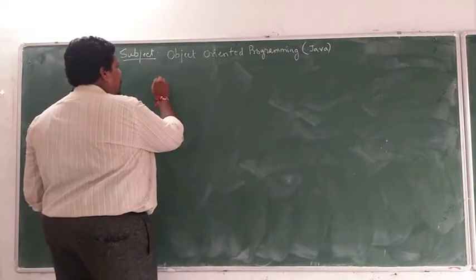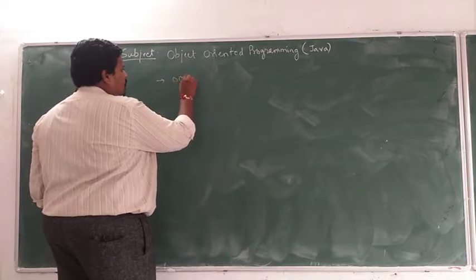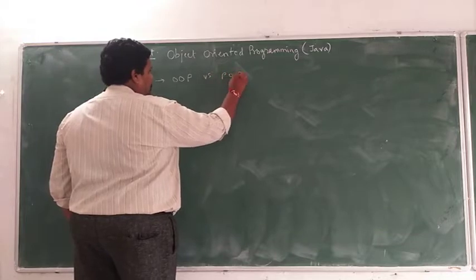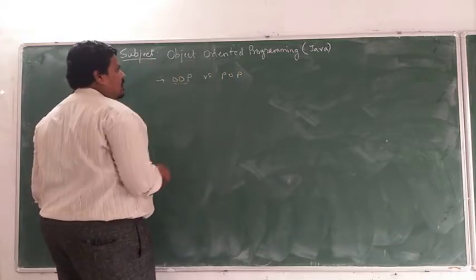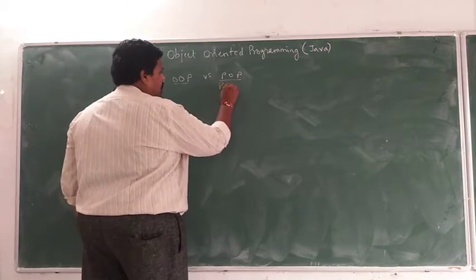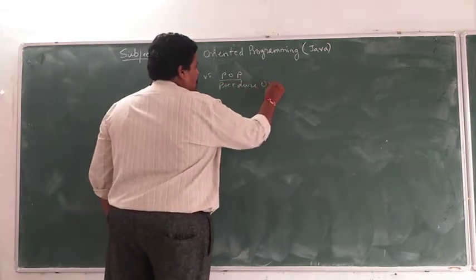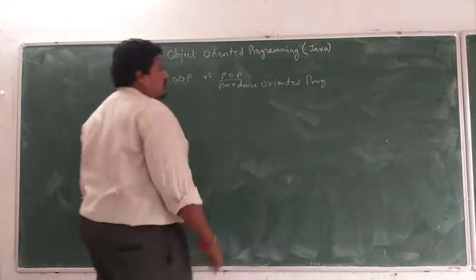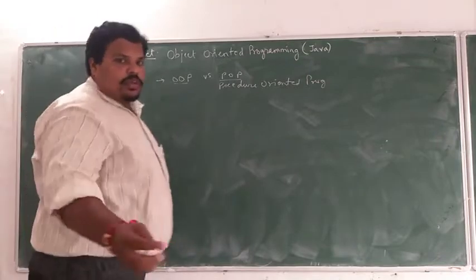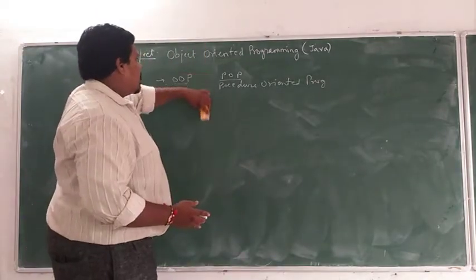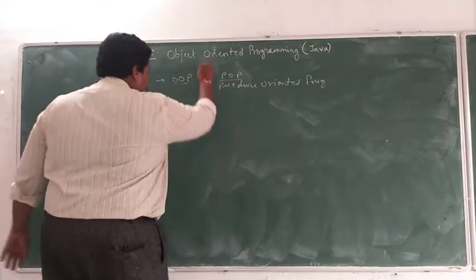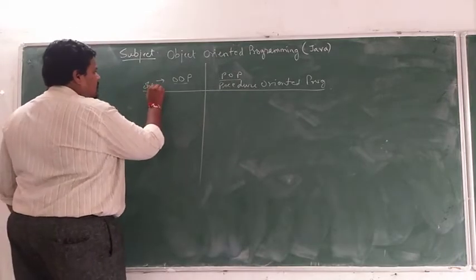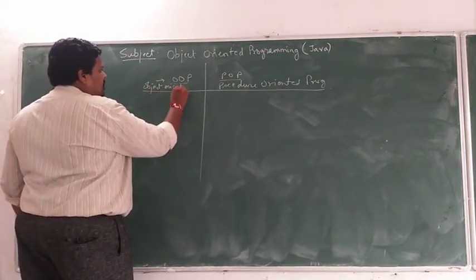First of all, we need to study the difference between OOP, the short form of this, versus POP. Now what is this? We know that OOP is object-oriented programming, whereas POP stands for procedure-oriented programming. This is a very important concept where we should know the difference between these two. So while pointing out the differences, this of course stands for object oriented programming.